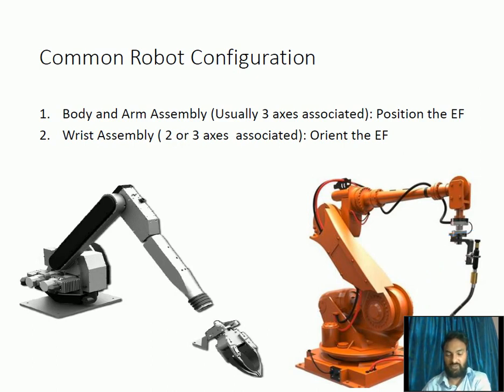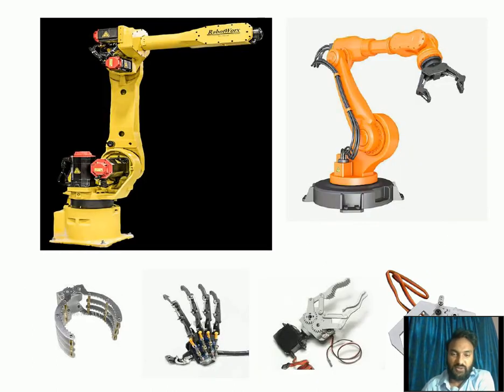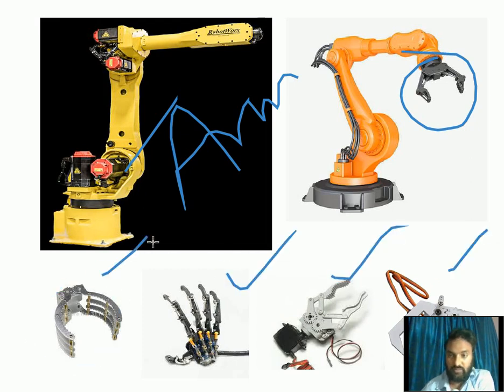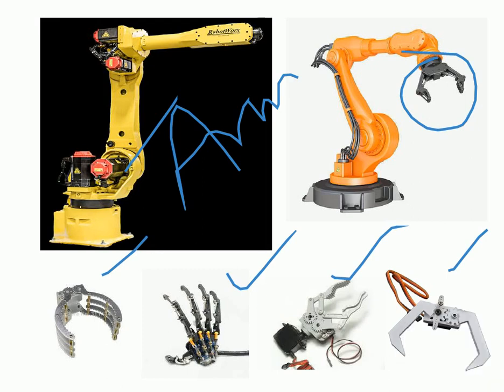Let's move to the next slide. Now you see the body and arm here. Up to this one is only the arm, and here is the arm with the end effector, and you can see the end effectors in various shapes. This one is not visible to you. Let me hide myself. Now it is visible to you. So these are the examples of end effectors.